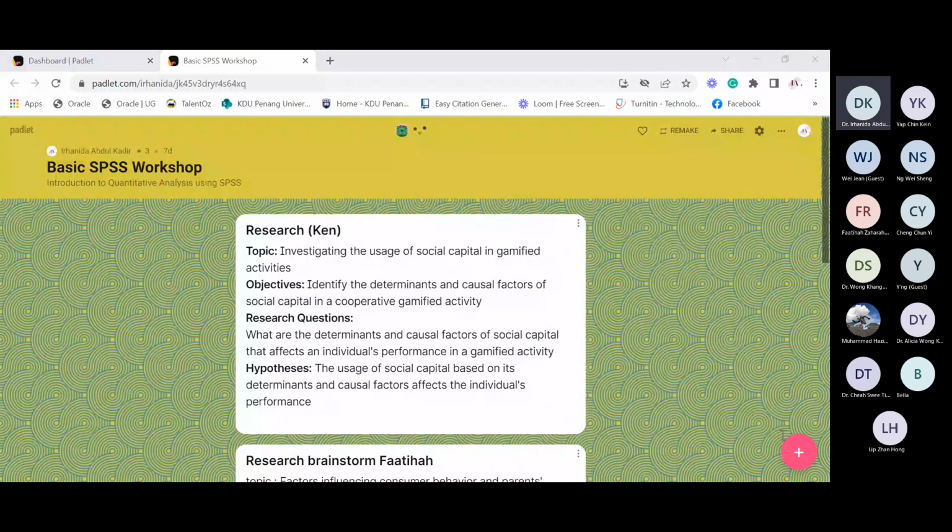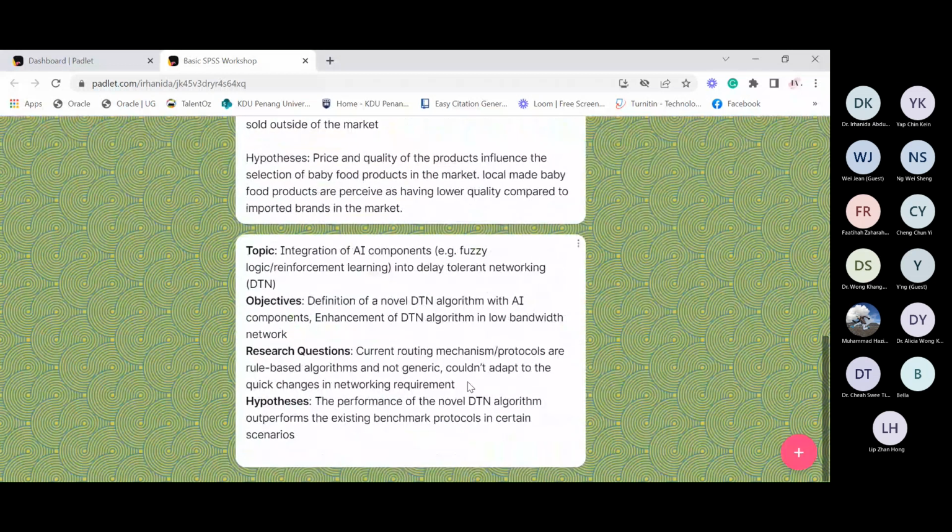Dr. Wong said, I think my topic is more to qualitative research. Let me read again. For me, when you choose quantitative, the result that you want is more objective. You want numbers.